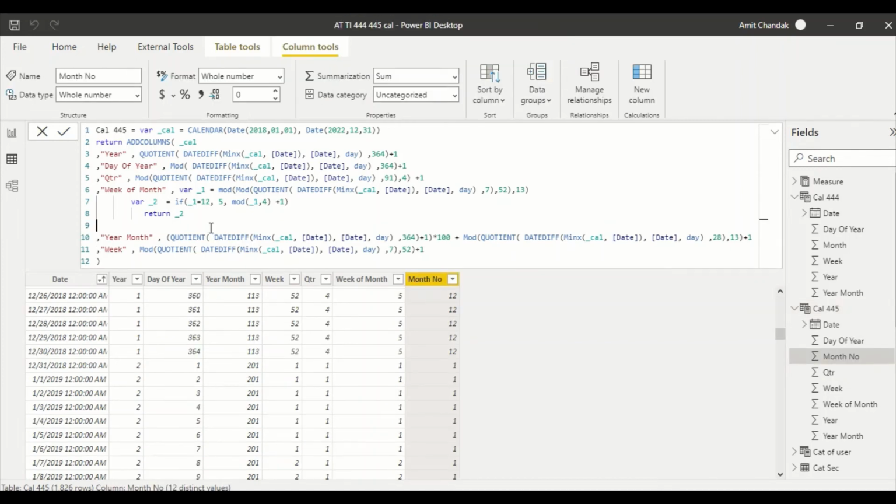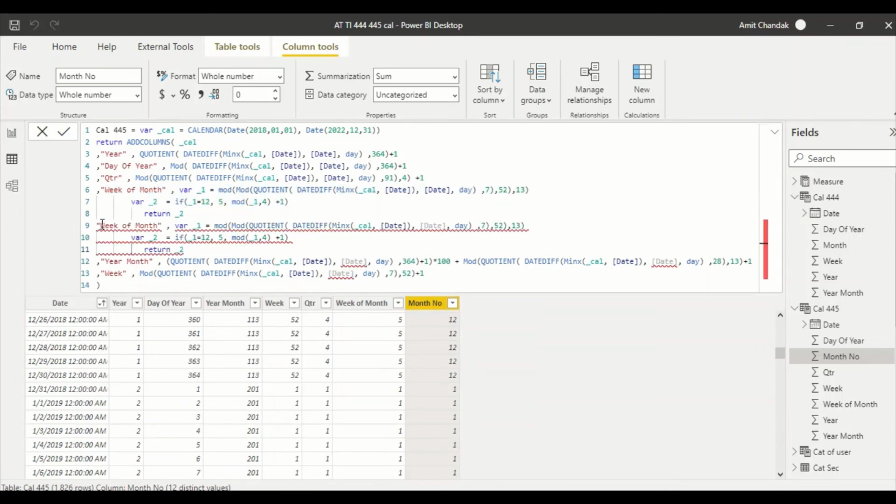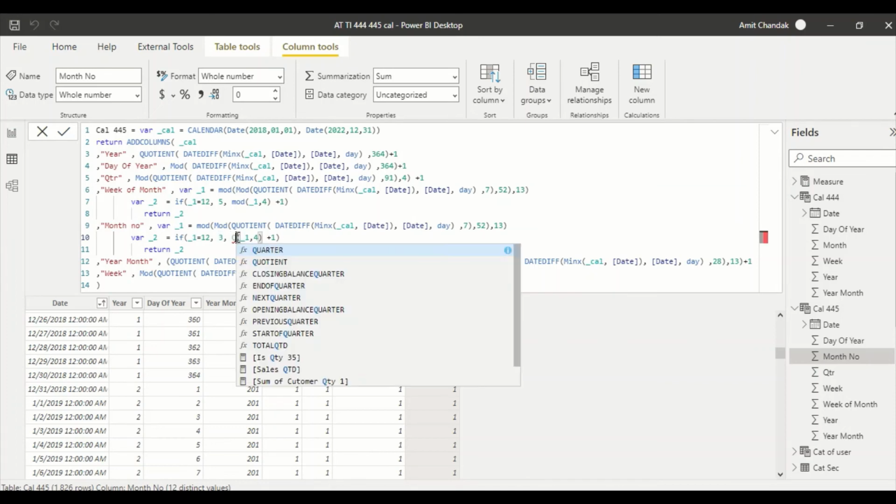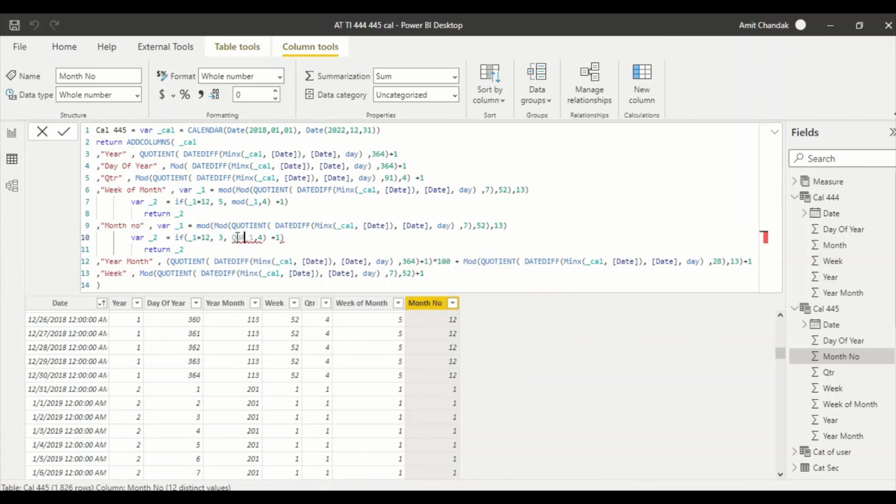So now let's try to bring in month. This is the same code which helped us with week of month, and knowingly we have created this first. Let's call this month number. Month number is something which we want to create. If you remember, we said this is 3, which is 12. Let's call that month number 3. And instead of mod, if I do quotient here, that is going to give me